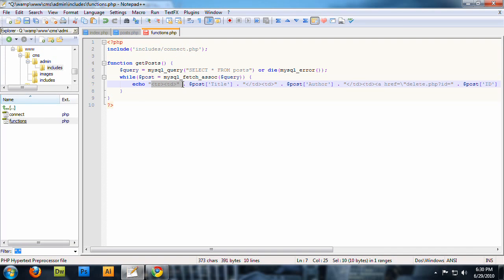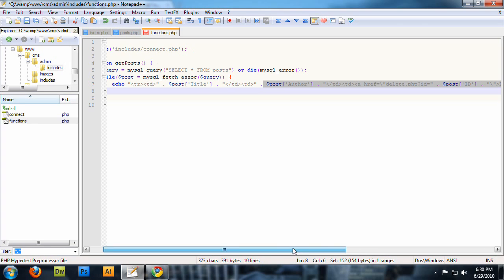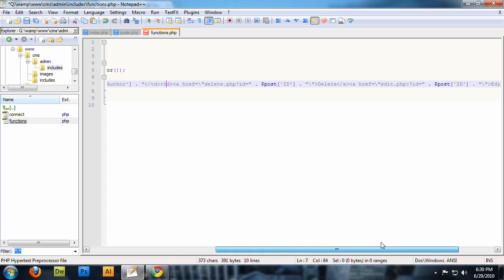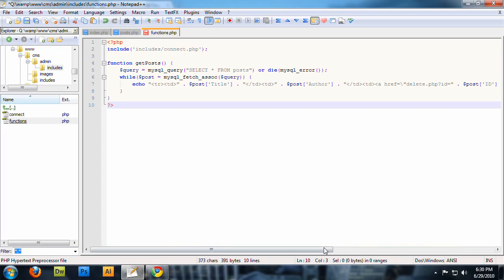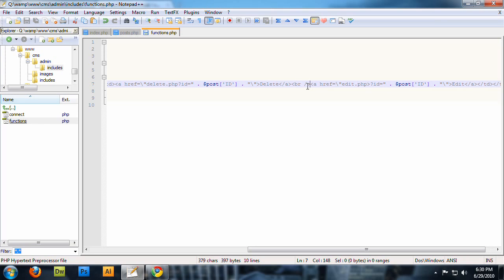And we'll create a table row, which is going to be inserted in our table body, and then our first data cell is going to have the post title in it, and then our next data cell will have the post author in it, ending that table cell, and again starting another table cell, and it's going to have our delete.php and our edit.php links in it. And actually, between our edit and delete.php links, we are going to add a line break like that, and then